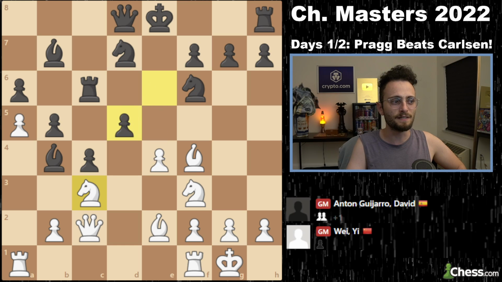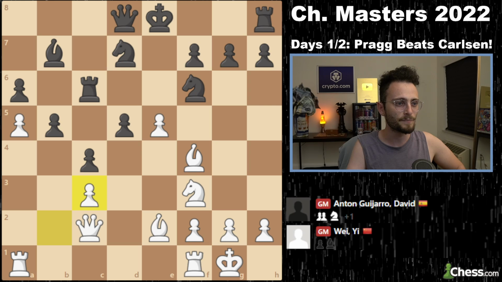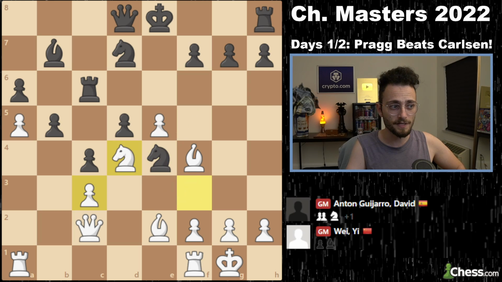I mean, e4, e5, Ding, sorry, not Ding, Wei Yi sacrifices. I think Ding is number 1 in China. Actually, is Wei Yi number 2 or 3? I think Yu Yangyi might be the second ranked player, but I think Wei Yi is now currently number 3 in China. But yeah, pretty powerful 1-2 punch. So Wei Yi has sacrificed a pawn for a central blockade,